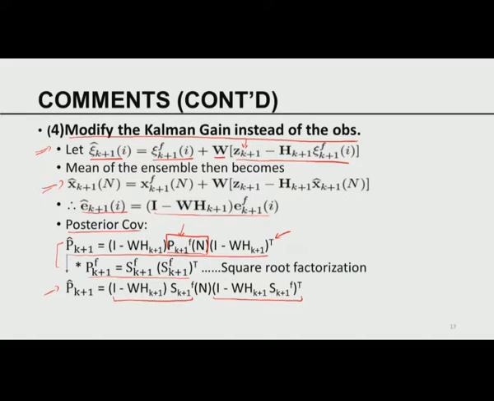You can readily see that. I believe there must be a parenthesis here. Sorry, there's a parenthesis here. There must be a parenthesis there, and then there must be a parenthesis here with that. That's correct, because it is I minus W S transpose, I minus W times S transpose, to the whole thing. Yeah, a parenthesis is missing here. Please add that.